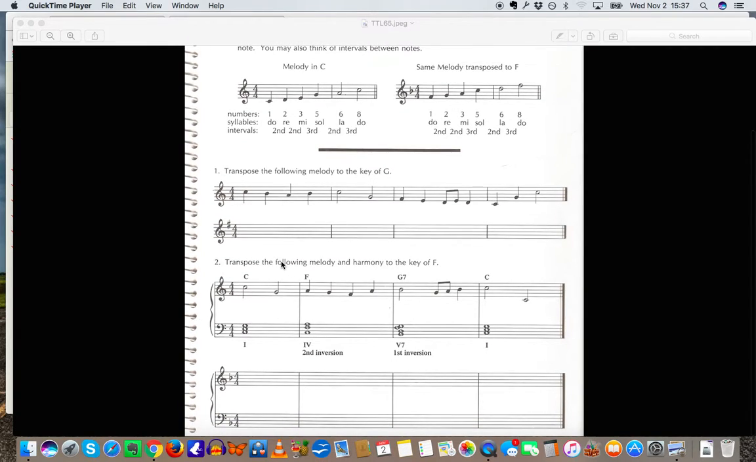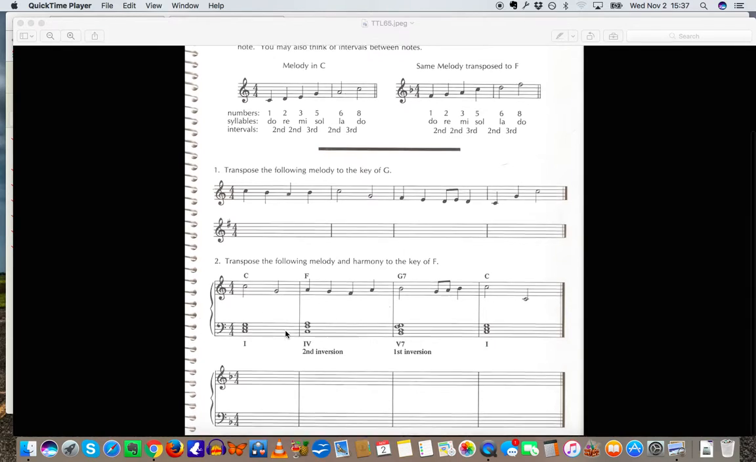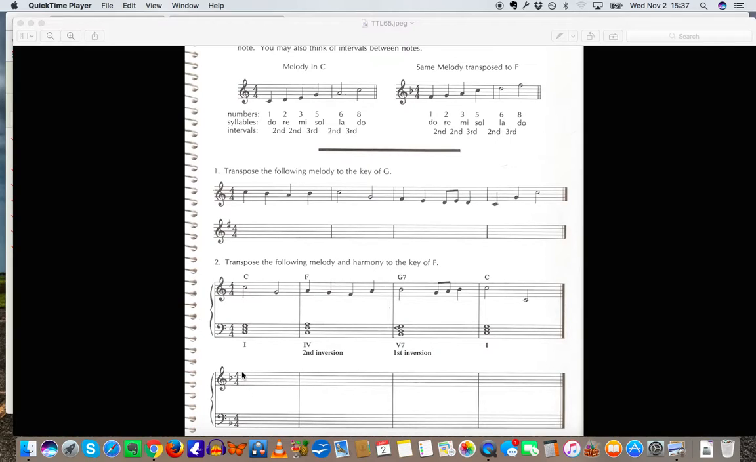Now, transpose the following melody and harmony to the key of F. So same thing here. You got key of C, right? Melody goes 1, 5, 6, 5, 4, 6. So you would need to move it to F. So you could start up here on this line. Now F would be your new number 1, right? It would be 1, and then 5, which would be C, and then D, C,